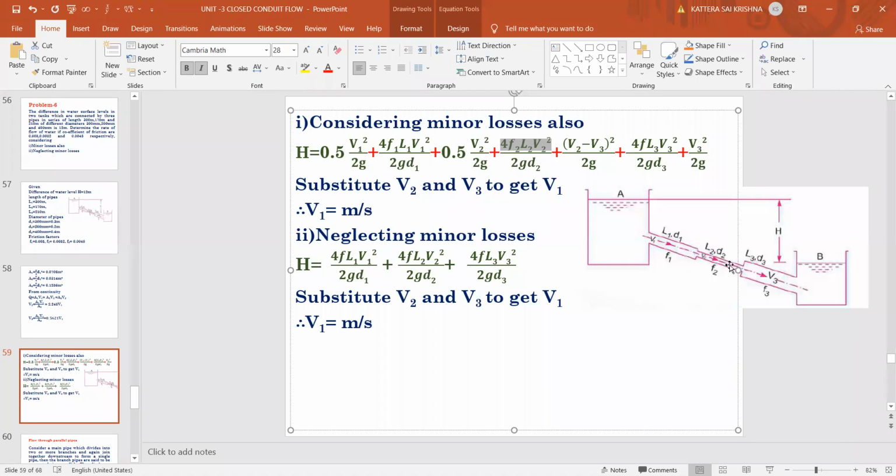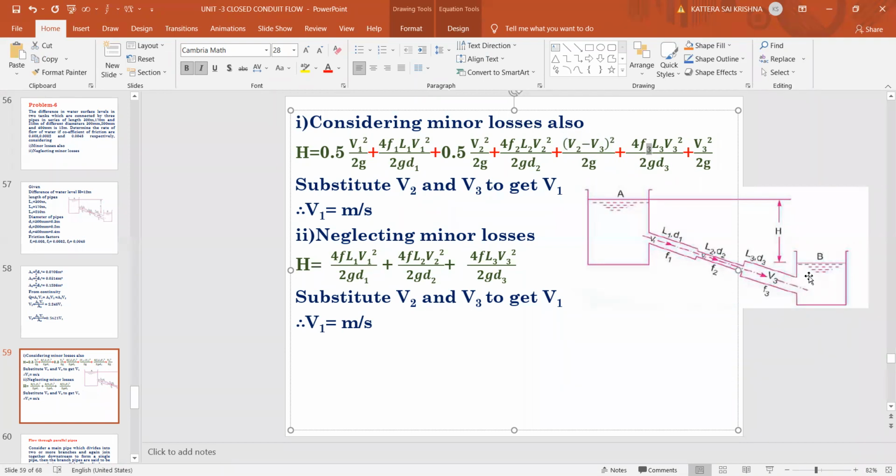Next, after the frictional loss, the pipe is getting enlarged here. Because of this enlargement, there is again a loss of head in the pipe. That loss of head is taken as the enlargement head loss, that is V2 minus V3, where the enlargement is: initial velocity minus final velocity. Initial is the velocity V2, final is the velocity V3. So V2 minus V3 whole square by 2G is the loss of head because of the sudden expansion. Next, we again have the frictional loss in the third pipe. That is 4F3 L3 V3 square by 2G D3.